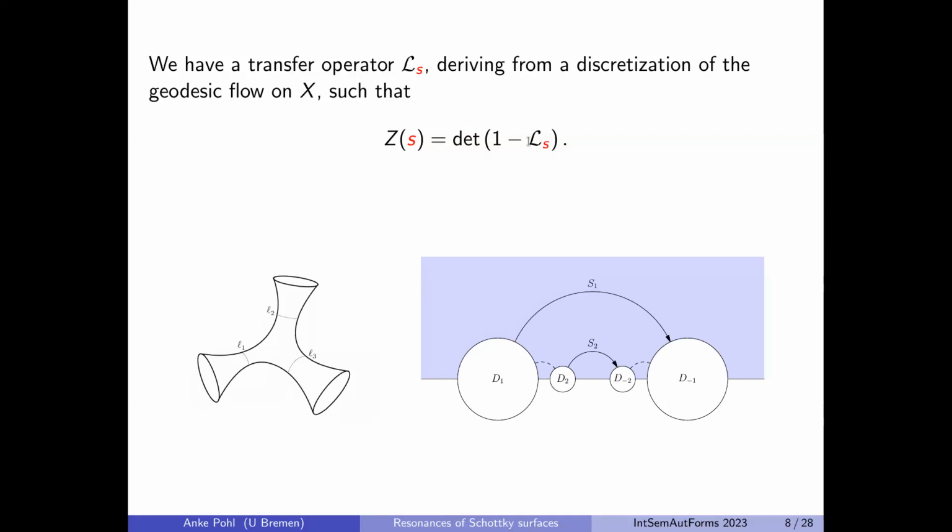The advantage of that is that instead of trying to calculate the zeros of the Selberg zeta function directly, we can try to take advantage of these operators L_s by either trying to find one-eigenfunctions of these operators or by using functional analysis or some kind of series evolution of these operators. So because this is a seminar on automorphic forms, let me make a little remark on how automorphic forms come in. These operators are typically called transfer operators, I will come into that in a second.